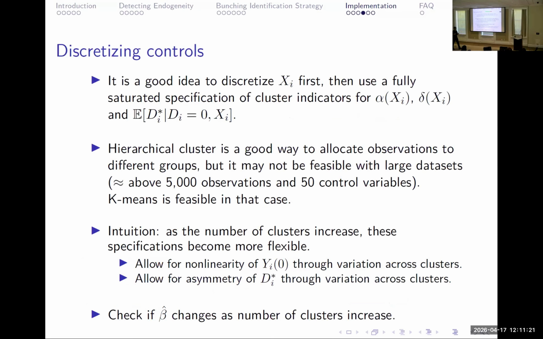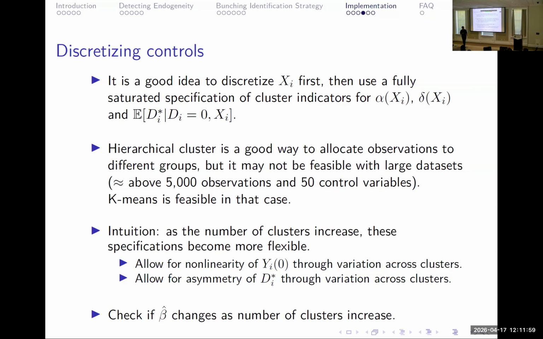Of course, you don't need to run this implementation if you think that the linearity assumption is fine, if you think the asymmetry assumption is fine, or if you don't even want to make those assumptions whatsoever, you just want to make the weakest possible assumptions just to get at the bounds that we talked about. But now I'm going to tell you, if you are to make the strongest assumptions, namely the linearity assumption as well as the tail symmetry assumption, how you get to detect whether there's a violation of them, okay? And how you get to figure out a test that is powerful enough to detect that if it happens